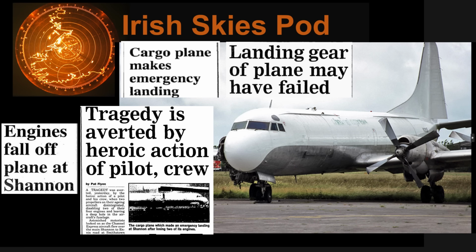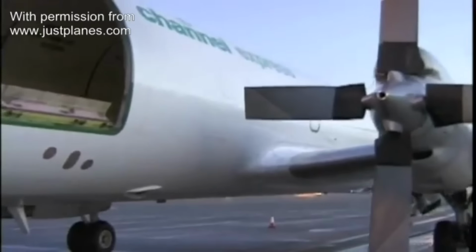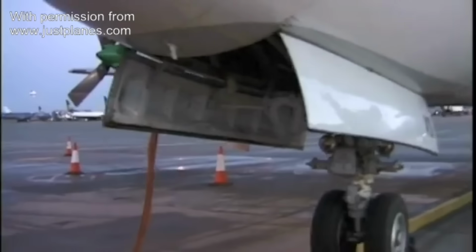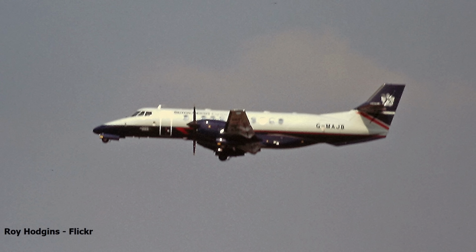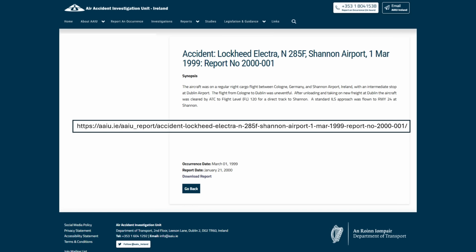Channel EXS6526 was a daily cargo flight and had first of all departed from Cologne, had flown to Dublin and was completing its last leg of the morning from Dublin to Shannon. Channel EXS6526 departed Dublin at 0816 and cruised towards Shannon at flight level 120 for an ILS approach to runway 24 and was asked to keep the speed up to stay ahead of a British Airways Jetstream 41 that was also inbound to Shannon. The details of this event are contained in the Irish Air Accident Investigation Unit report